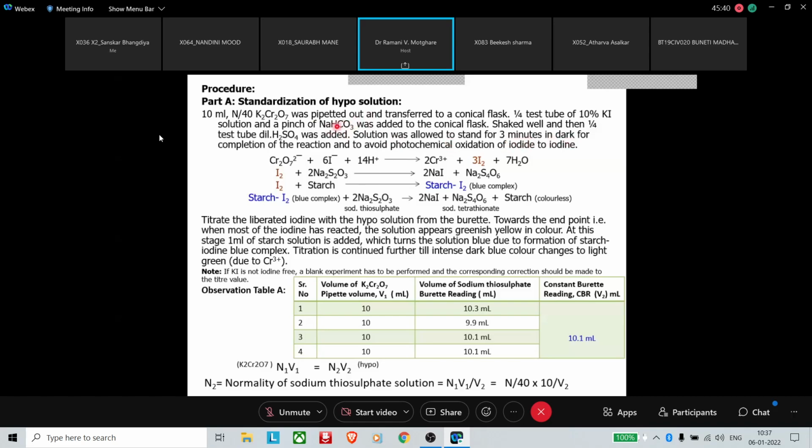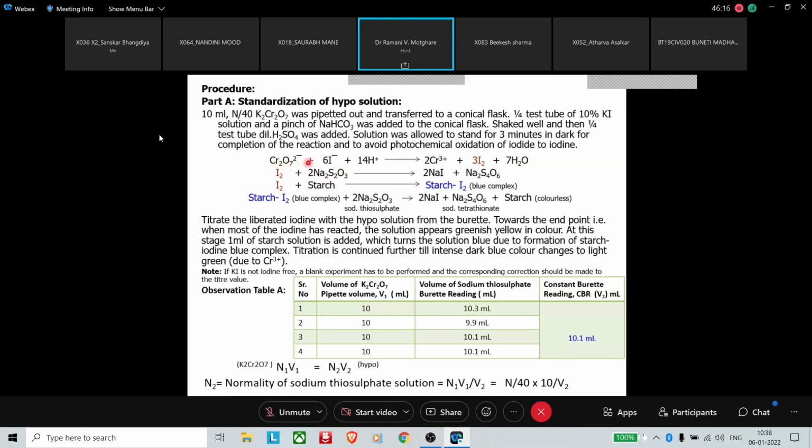This CO2 atmosphere will remove the oxygen from the conical flask, or replace the air, because of formation of CO2. And when you keep it in dark, the photochemical reaction of oxidation of iodide to iodine will not take place. And after 3 minutes keeping in dark, you take it out and then you can titrate with sodium thiosulfate solution. So the reaction is K2Cr2O7,